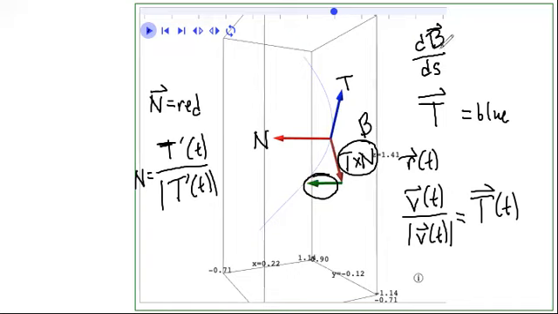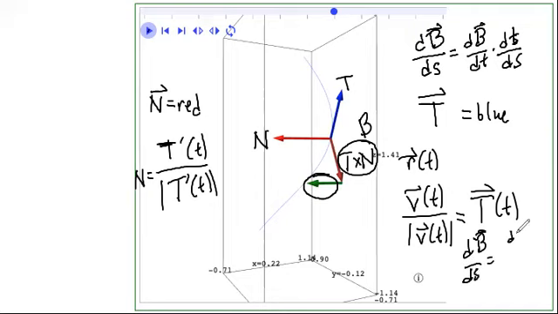But you could rewrite this as db dt dot dt ds. You could think of this as taking the reciprocal of this and dividing by it. You would actually notice that db ds is equal to db dt divided by ds dt. Now ds dt